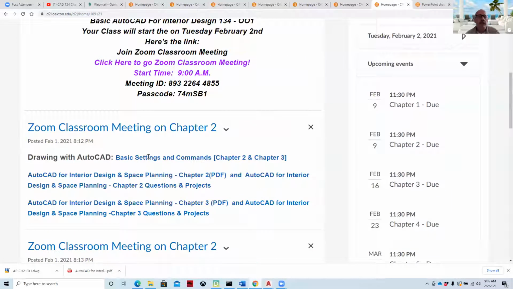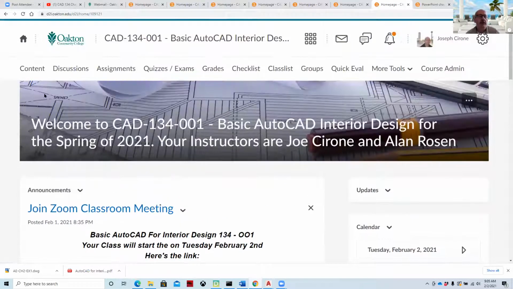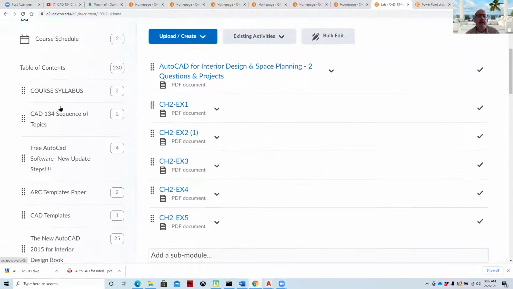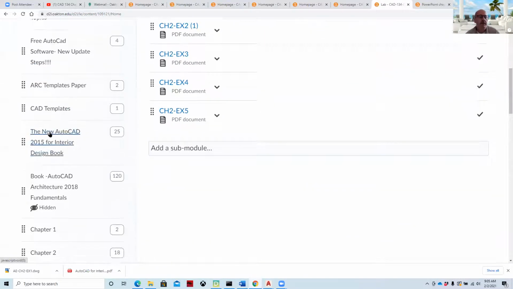So with that, we'll take a look at Chapter 3. And in Chapter 3, Module 3, we have that set for you, and we have a number of different assignments for it. If we go to the Content tab, and we look at Chapter 3,